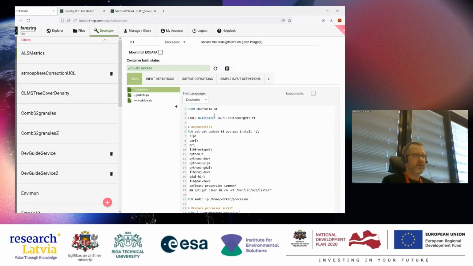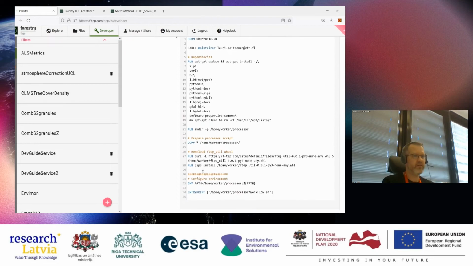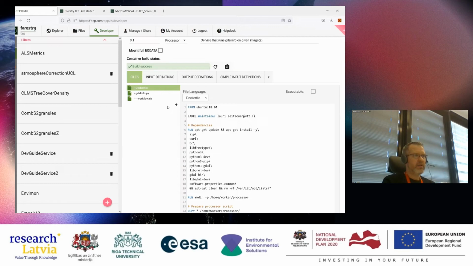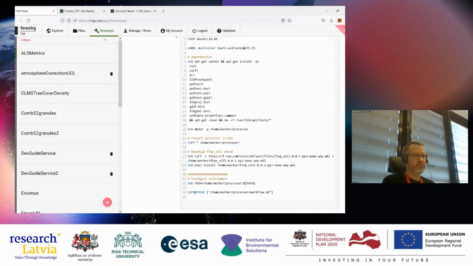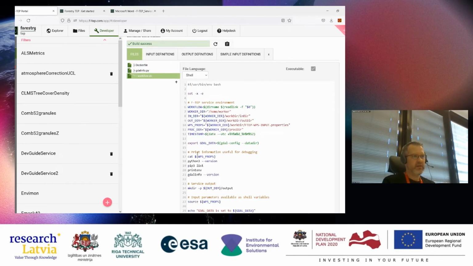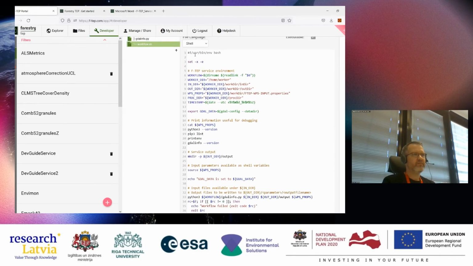Yeah, this is the developer interface. Also, this is the Docker file where you define the Linux environment for the software to run. And the entry point to the service is this workflow.sh script, where in this case, this is modified from a template which gives all these already.